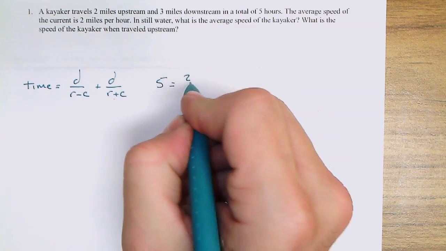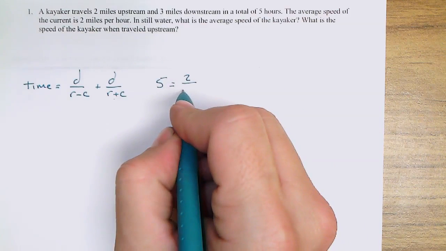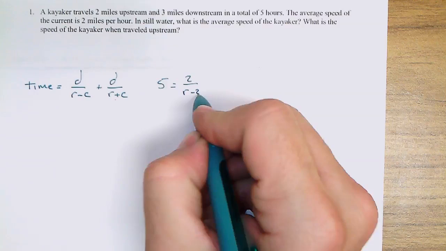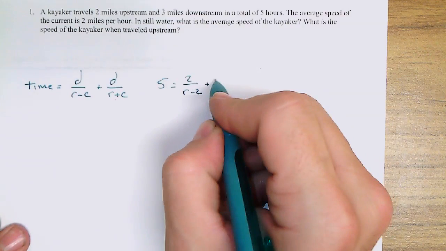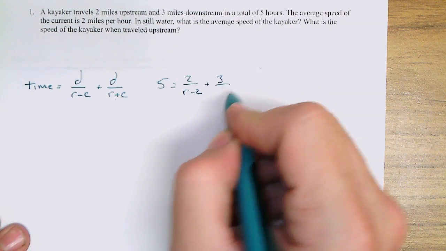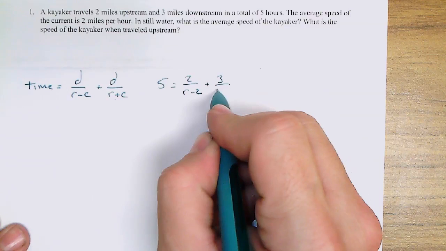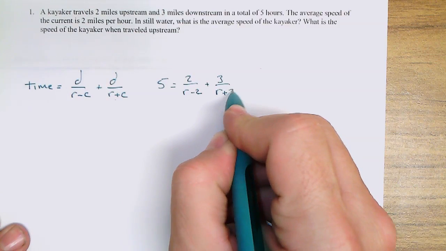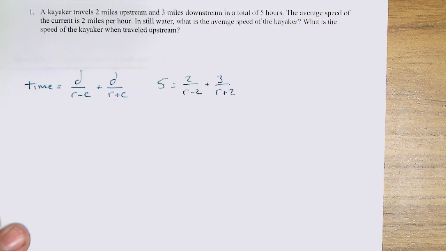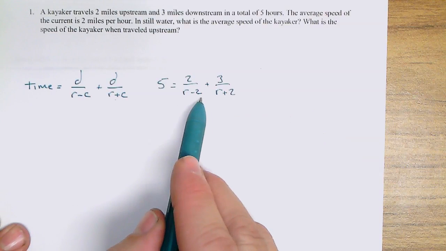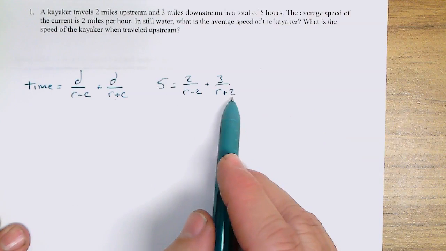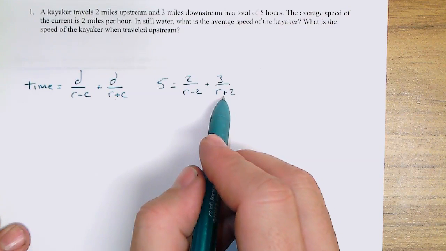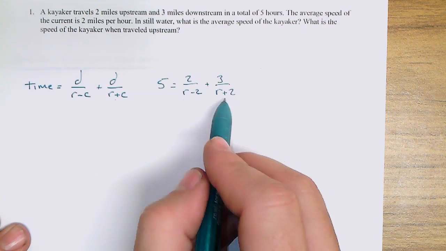traveled 2 miles upstream, so 2 miles, rate against the current of 2 miles an hour, plus 3 miles downstream when he had the current at the kayaker's back. So rate plus 2. So rate against the current, rate with the current. Now we just need to find a common denominator. So the least common multiple